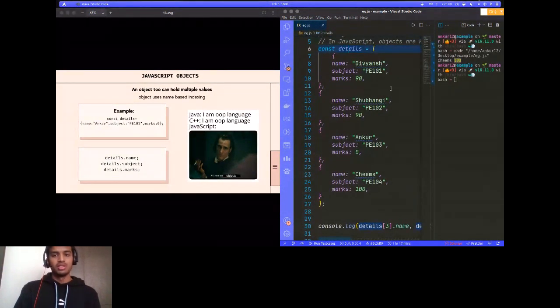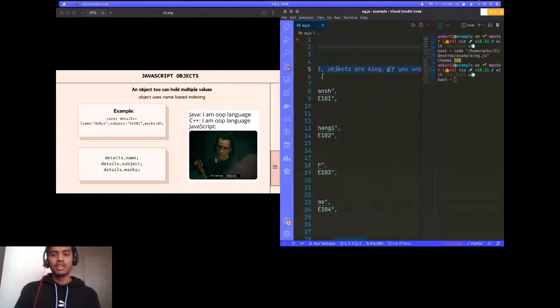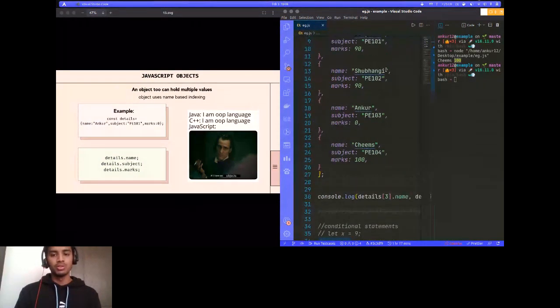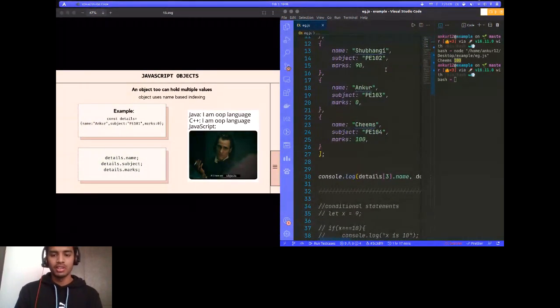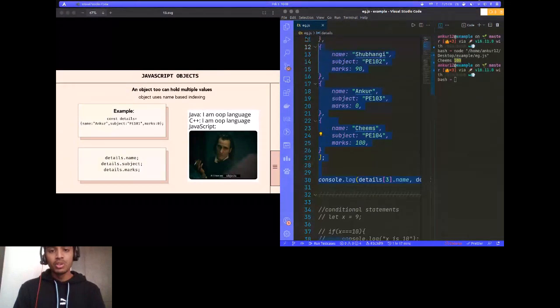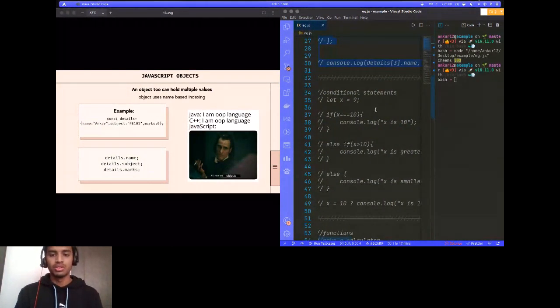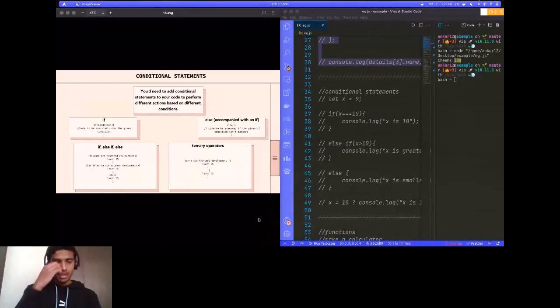So that is why the saying is true, that if you know how to use objects well, you're the king of JavaScript. Okay, so make sure you learn objects over here. Practice them well, and you'll get good at objects. Now the next important part is conditional statements, and in every program